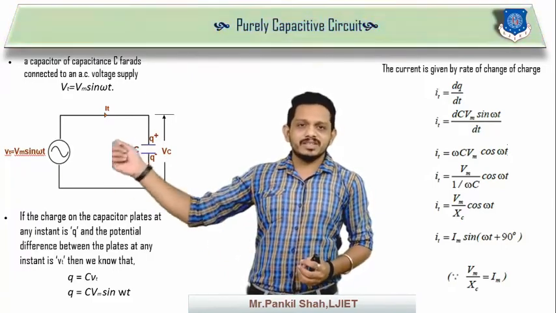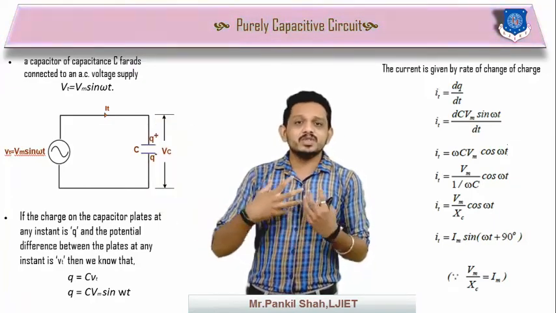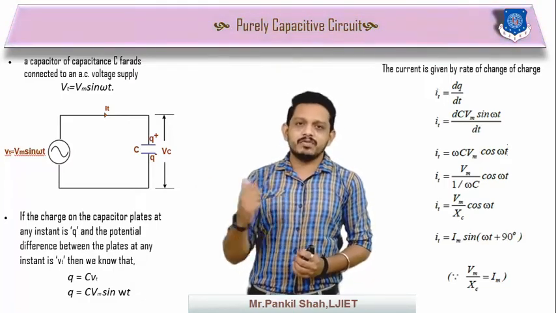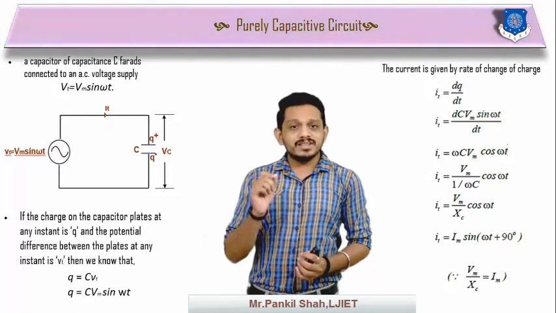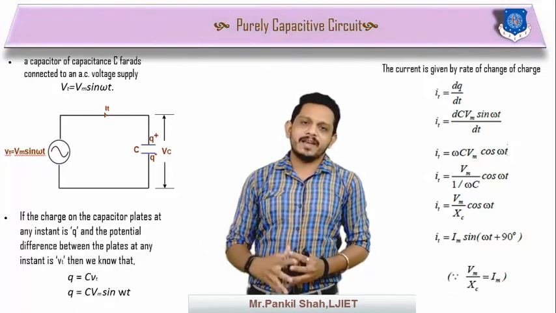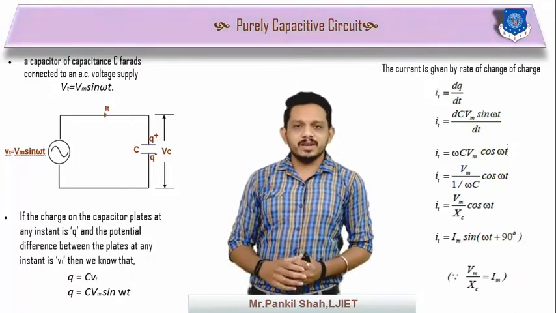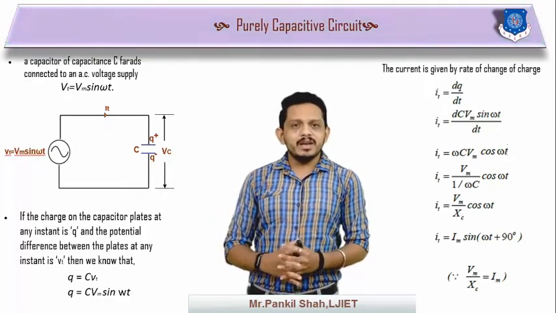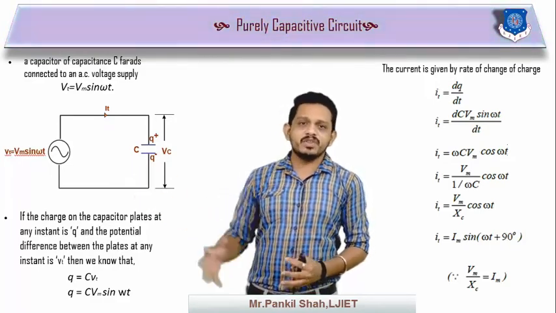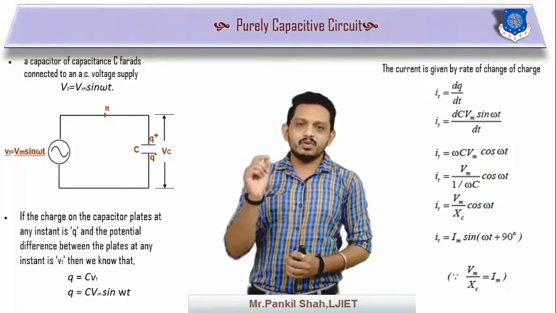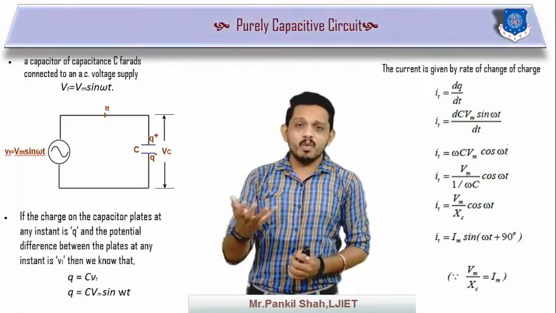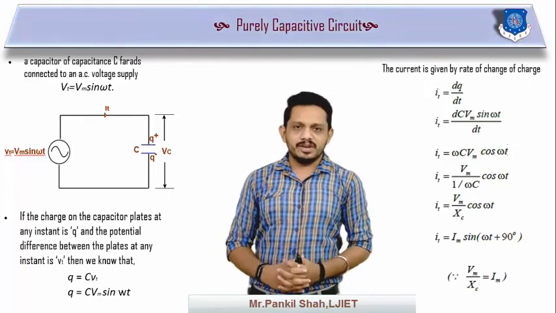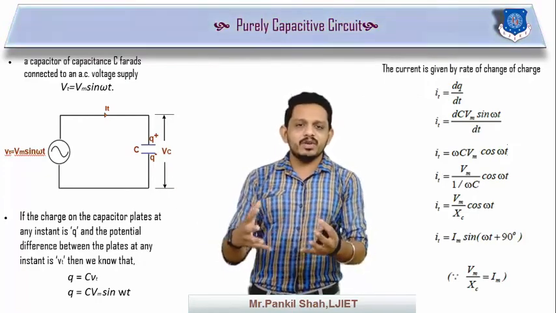then some charge will be stored by the capacitor plates. C is the capacitance of the capacitor connected in this circuit, whereas Q is the charge stored by it. Vt is the instantaneous value of the voltage applied to this circuit, and this Vt we are taking as a reference. The equation of Vt is Vt = Vm sin omega t, as we have taken in both the theories of the resistor and inductor, where Vm is the maximum value of the voltage and I is the current flowing through this circuit.